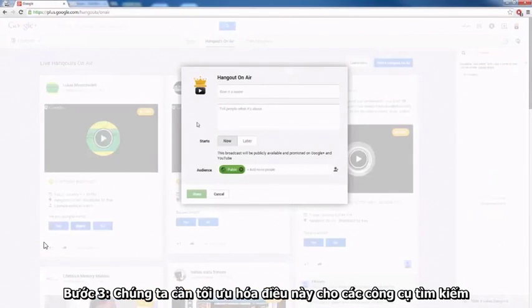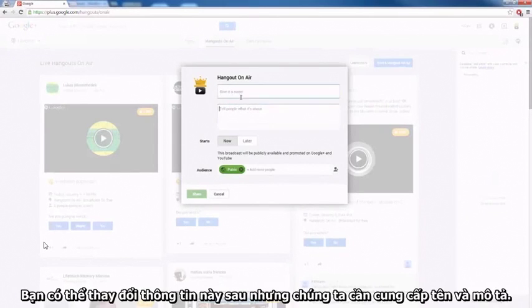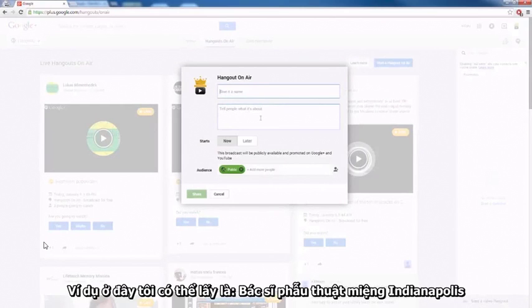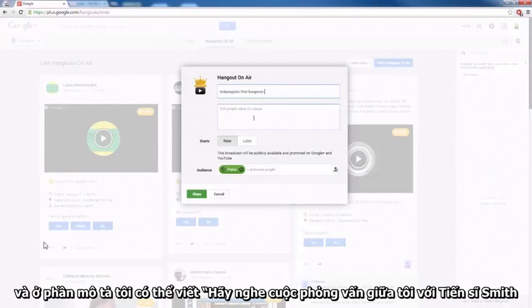Step 3, we need to optimize this for the search engines. So when you start your Hangout on Air, you can change this information later, but we need to give it a name and a description. Now your name needs to be your keyword, your long tail keyword that we are focusing on. So for example, I could do Indianapolis oral surgeons, and then for my description, I could say